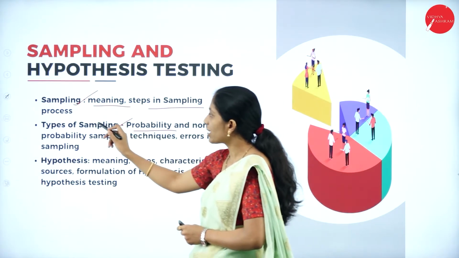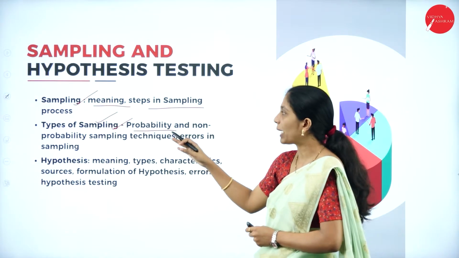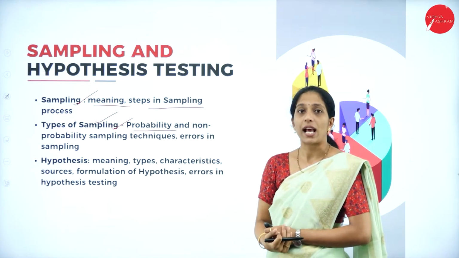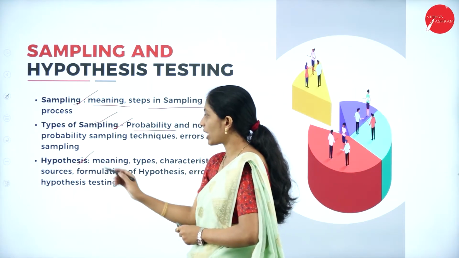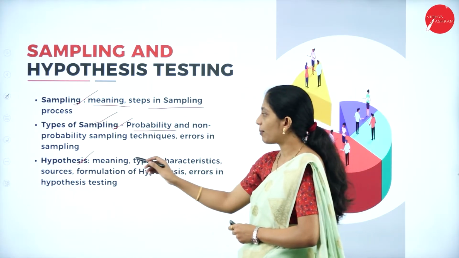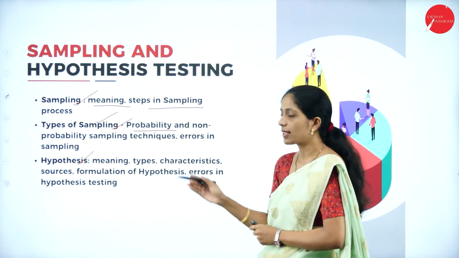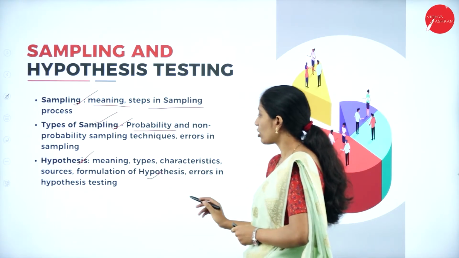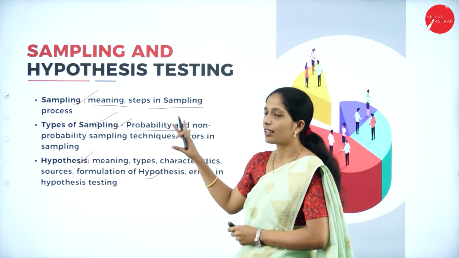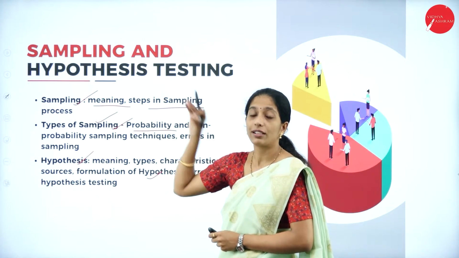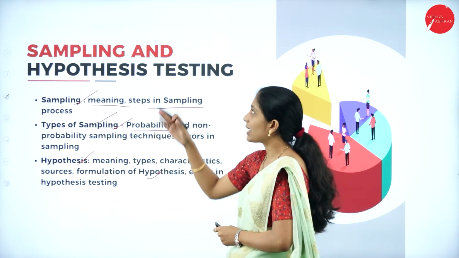So you'll learn about types of sampling, where there are two main types, probability as well as non-probability sampling. Next, you will learn about hypothesis. Here you will learn about meaning, types, characteristics, sources, formulation of hypothesis, and errors in hypothesis testing. So these are a few important concepts you are going to learn under your fourth unit,